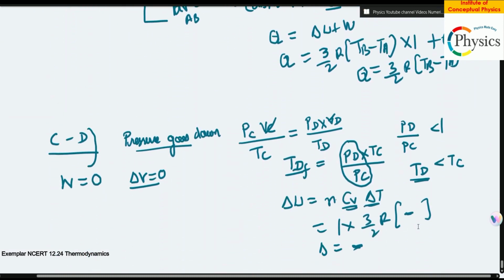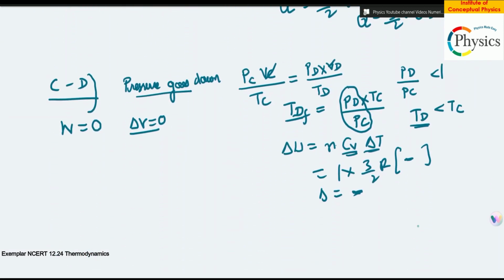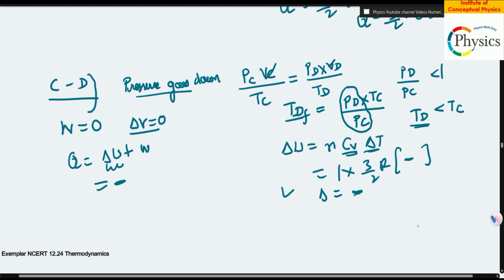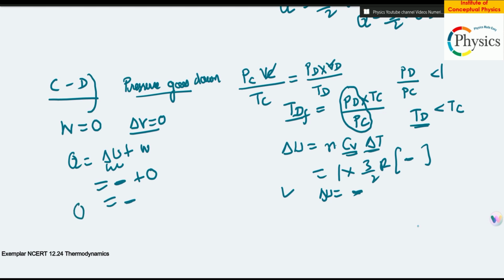So let's apply the first law of thermodynamics. Q is equal to delta U plus W, right? So this is already negative because we have established that delta U will be negative, plus the work done is 0, right? So what you're getting is Q is negative, which means the system from C to D has